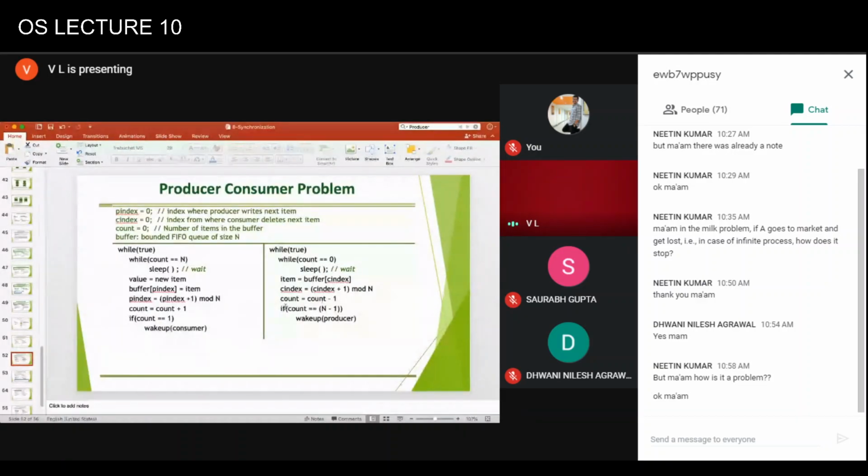But let's say we use this solution, and let's assume that count can be incremented or decremented correctly by using some atomic construct. So what happens when the buffer is full? The producer goes to sleep, and when count equals 1, it wakes up the consumer. Let's forget about count equals count plus 1 and count equals count minus 1, which would create the race condition.